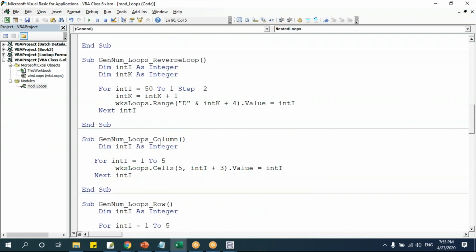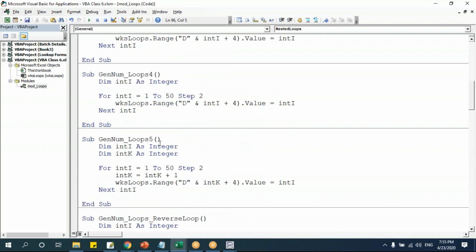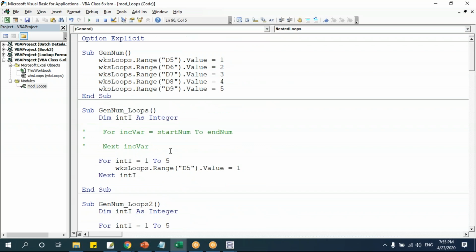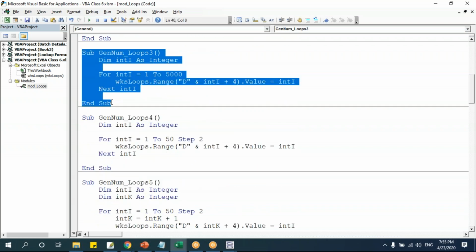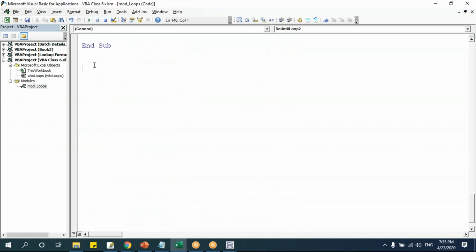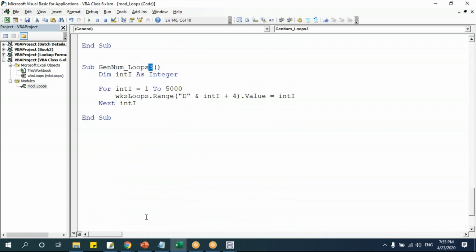Next is, let's go. So what will happen? Sometimes I want to stop the loops at some point of time. Every time I don't have to execute complete loops. Let's take, say, this 5000. I'll go here. Let me paste it here. Let me make it as exit. If you see here, I'm trying to generate 5000. If I run this, it will run 5000 times. But what I want is, as soon as it finds 50, it should stop there and come out. So for that, what I'll do here, say for example, I'll just directly use this Exit For,